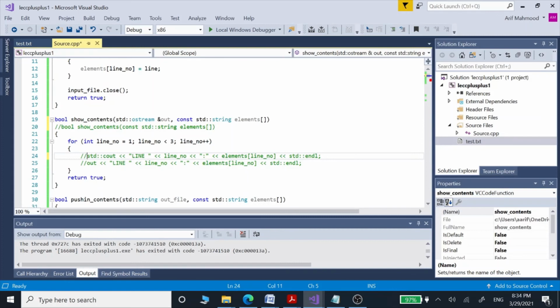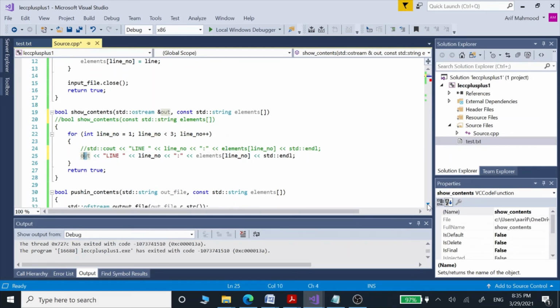Instead of using std cout to display those, we are going to use this out variable which we have defined here, and we are going to display all the elements of our array and their line numbers using this ostream variable.